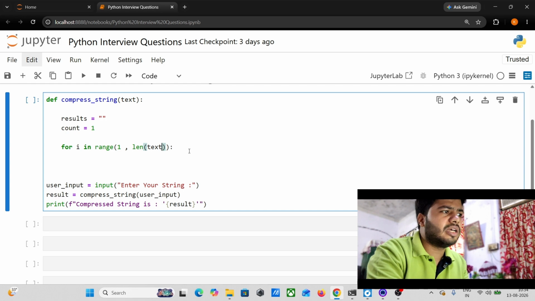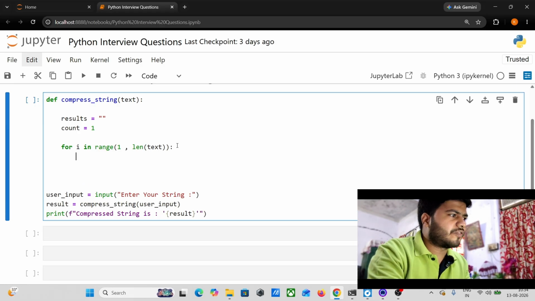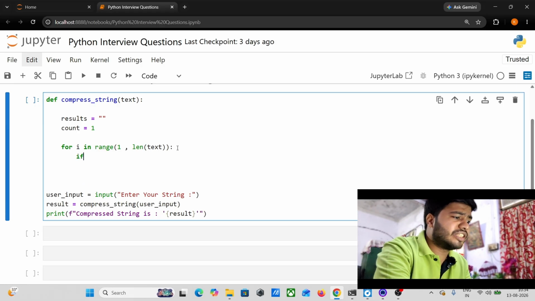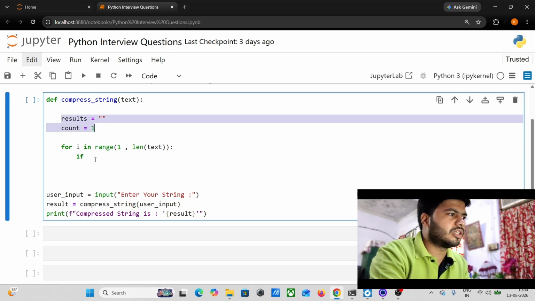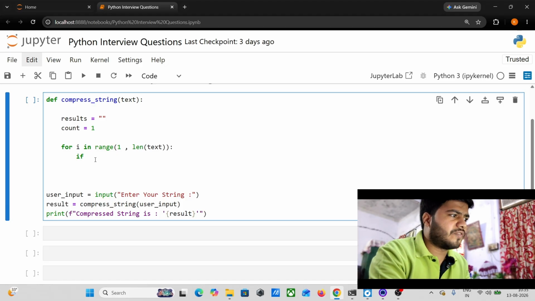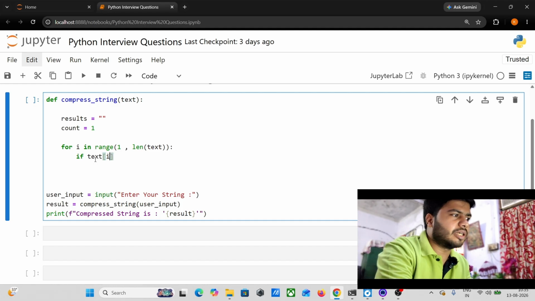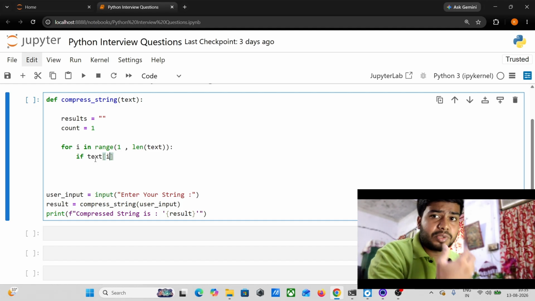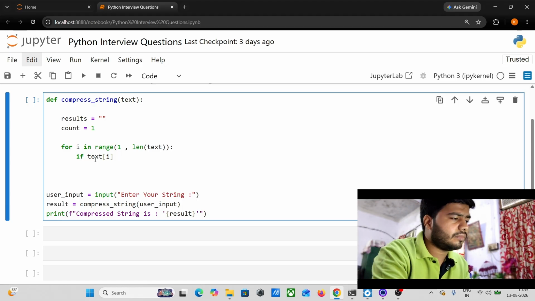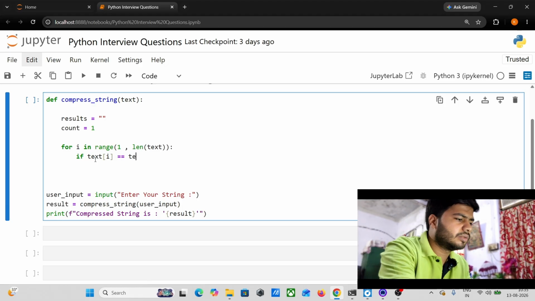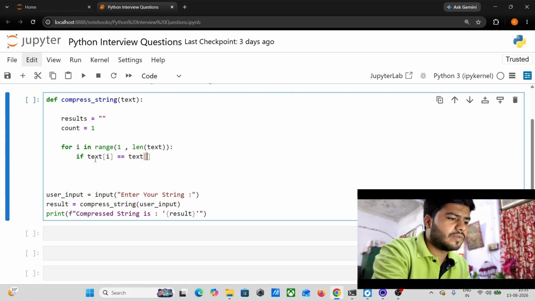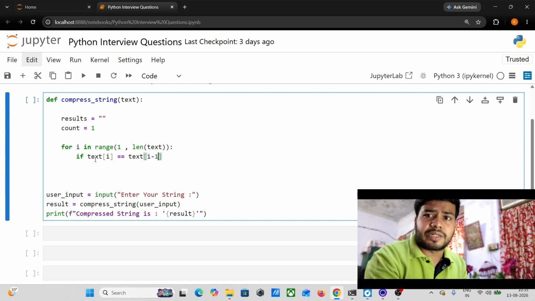After that I will check. Here the main thing comes into the picture, and now you will understand why I am writing this. If a particular character in my text is equal to the previous character of my text